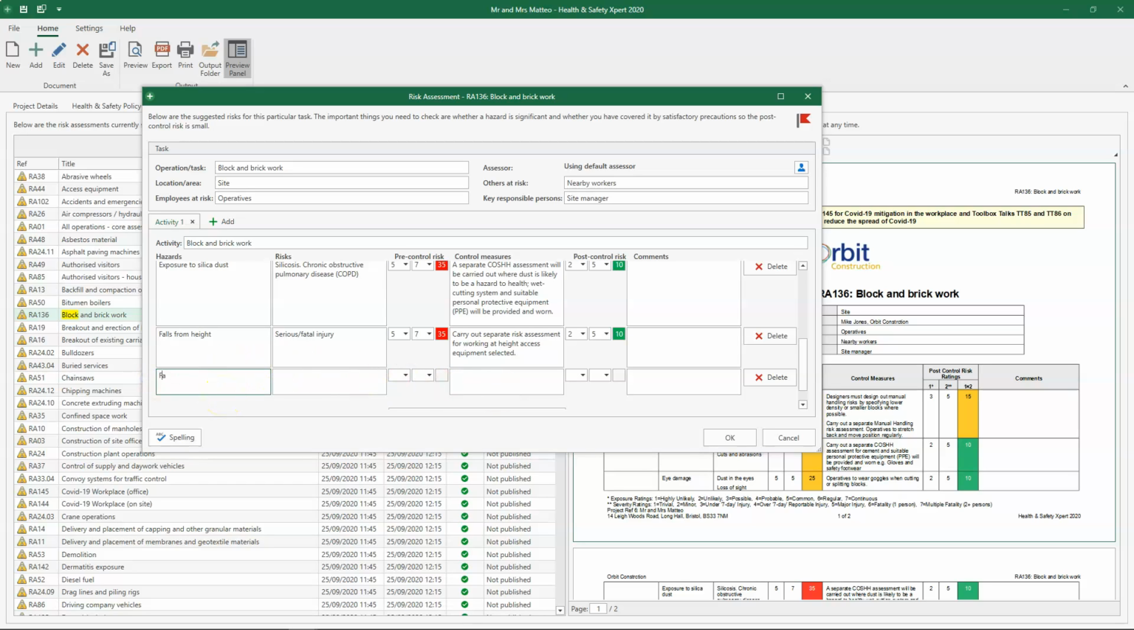Type in the hazard, then type in the risk or the potential outcome, then select the pre-control risk using the scales as a guide. Let's say the likelihood is 3, possible, and the severity could be 6, a fatality. Now type in the control measures,